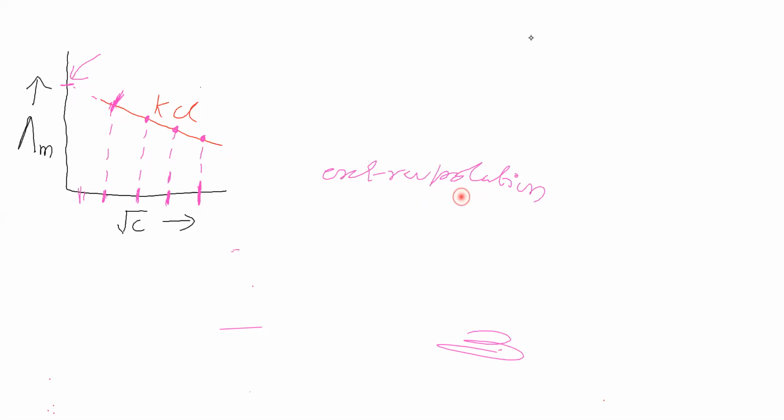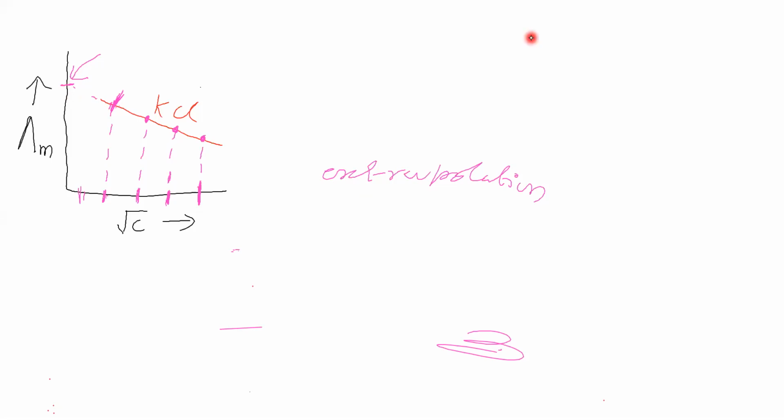What is the meaning of extrapolation? Here we cannot draw the graph. We drew the graph here by getting experimental values. Now, with respect to this graph, by seeing its nature, we can draw the graph here. That is called extrapolation.